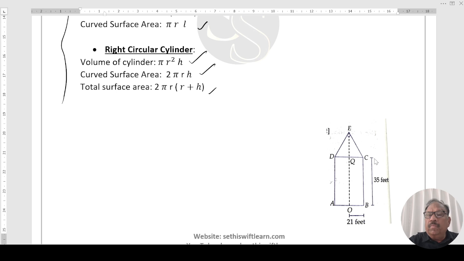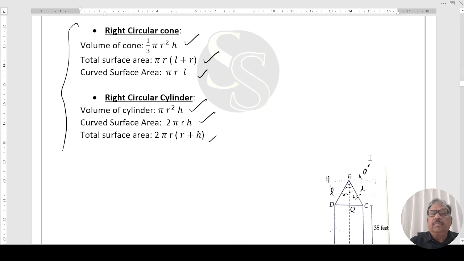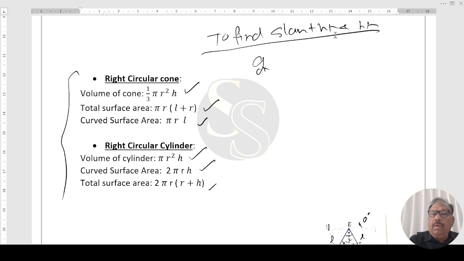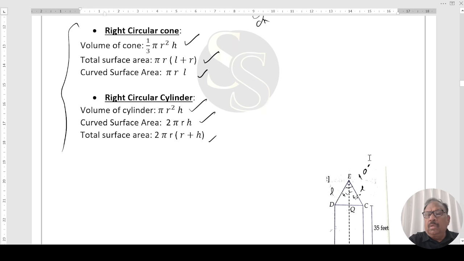Now, to find this, this is given to you. Height of cylinder is 35, this is 90 degree. This is slant height, this is slant height, so this will be 45 degree. To find the slant height and height, in triangle EQC,